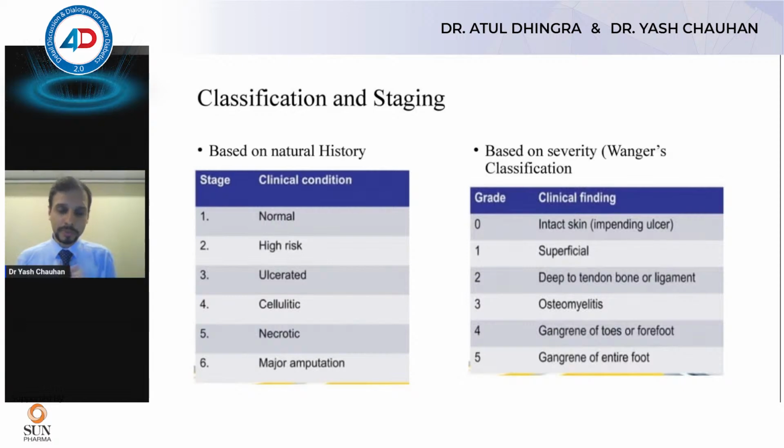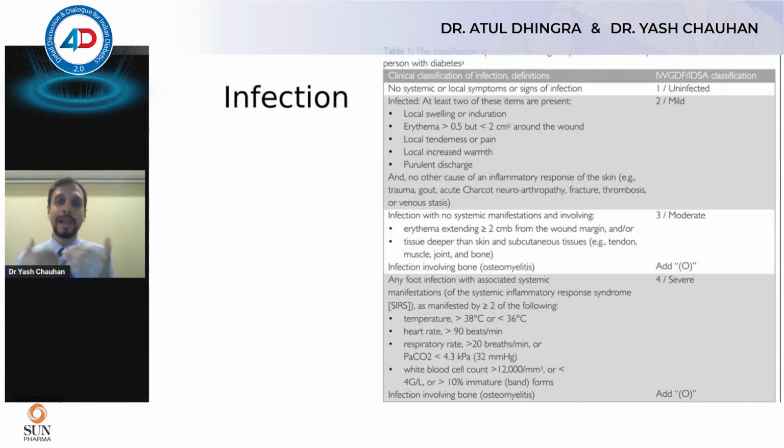So when someone presents with an ulcer, it is quite important to classify and stage the ulcer. So there are a couple of classifications, Wagner's classification and the University of Texas classification. These are the old ones, and they're just theoretically important. But what we actually do in clinical practice is we classify it based on infection and based on peripheral vascular disease. It's important to classify an ulcer based on these two things, because that actually gives us, one, which modality of treatment we should use, and two, what the prognosis in terms of amputation is going to be.